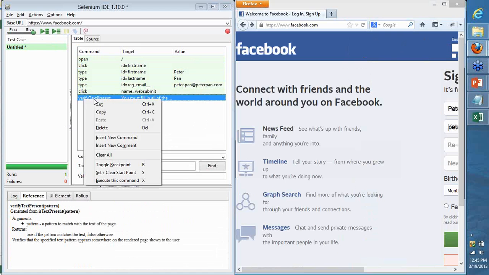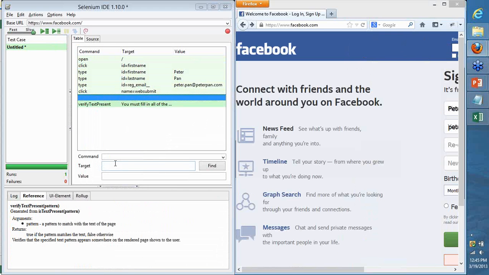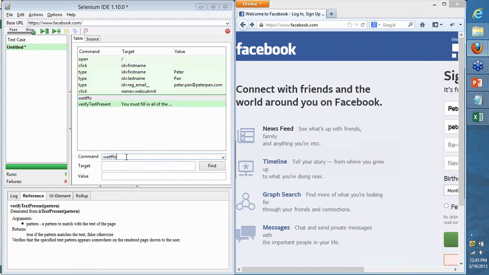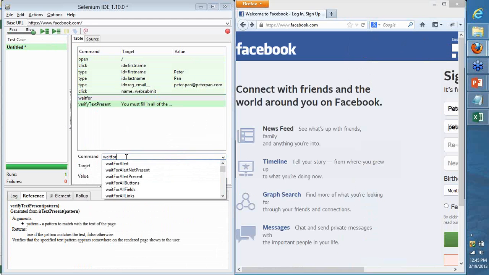What you could do is you could also insert new commands in it and see if there are commands for it. You can say wait for what? You can say wait for a specific text to come up, or you can say wait for a specific condition to be met, or you can also give a specific time that you want it to wait. Let's see, wait for page to load, wait for,